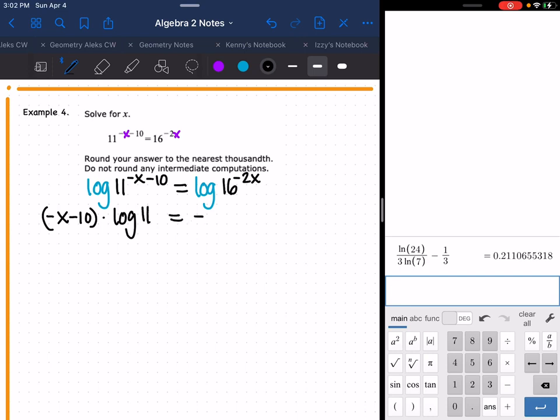Now I'm going to try something a little bit different on this side. What I want you guys to notice is that there is an X on both sides. So what we would have done in the last one is divide both sides by the log of 11. But since there is an X on both sides,